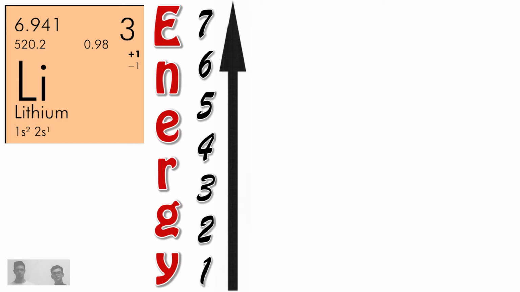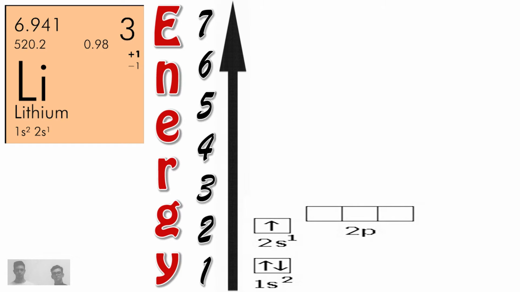Each orbital has an energetic level that can go from 1 to 7. We fill firstly the orbital 1s of energetic level 1. It is filled with the first 2 electrons and there remains 1. At the next level there is the orbital 2s, which has more energy. But there are also 2p orbitals, which have even more energy. That's why we fill firstly the orbitals of lower energetic level and we put an electron in the orbital 2s. The electron configuration will be 1s2, 2s1.